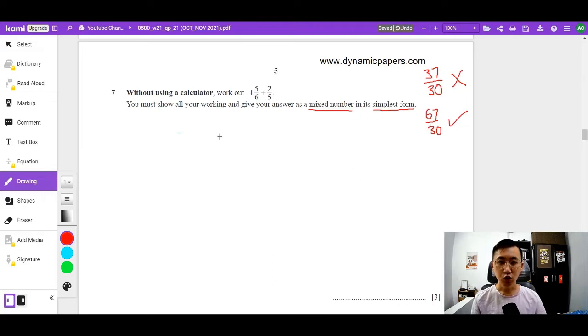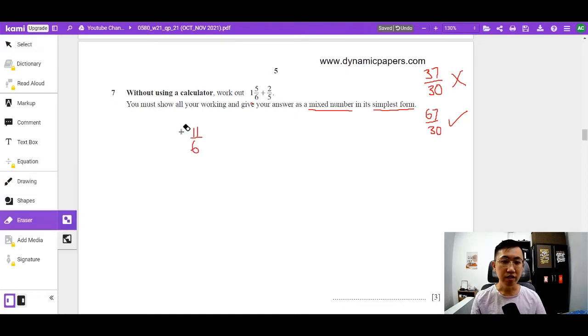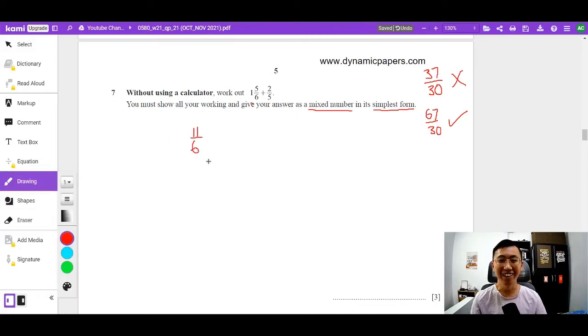So let's do this question. First step, change the mixed number always to improper. So let's start: 1 times 6 plus 5. That will give me 11/6. Let me erase this. Plus 2/5. So 3 marks, right? One of the marking points will be knowing how to change to improper. Next step,